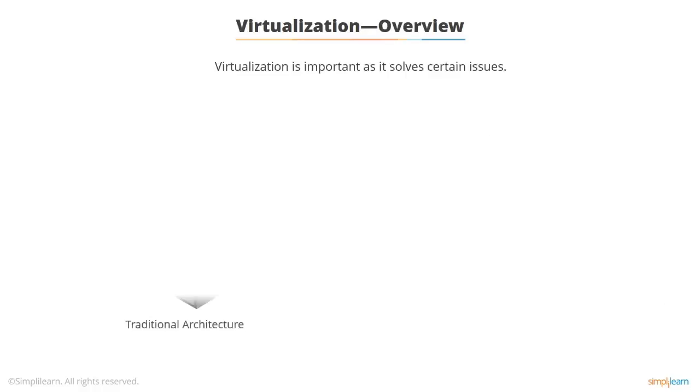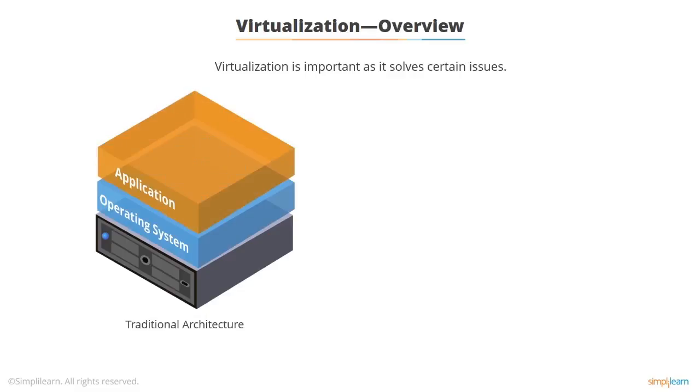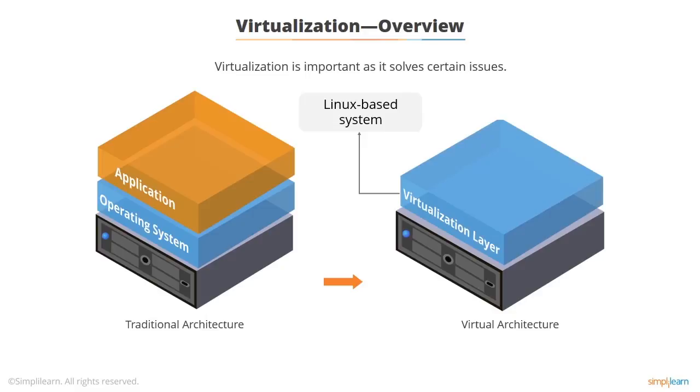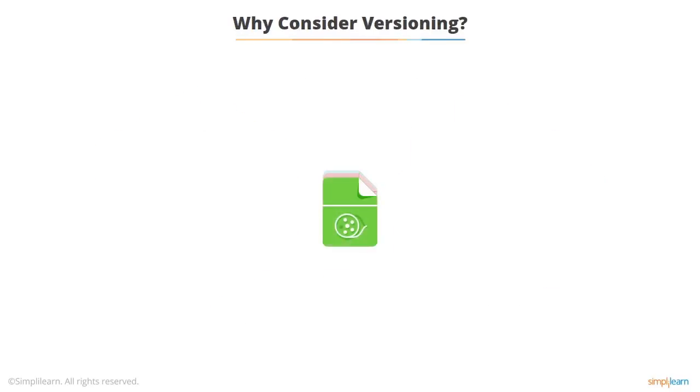So we've got the traditional architecture where you have a computer with an operating system and probably one or more applications running on the operating system. With virtualization, we have the hardware, then we have a piece of software which is usually an operating system in a very cut down sense. It's usually Linux based. And that provides a virtualization layer, and then we can have a number of operating systems running on top of that, which are unaware of each other's existence, and each operating system, of course, can have its own applications.